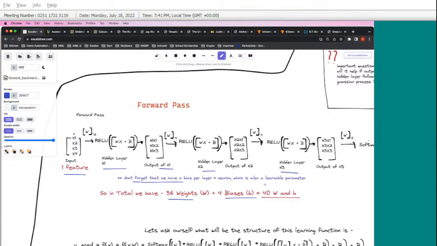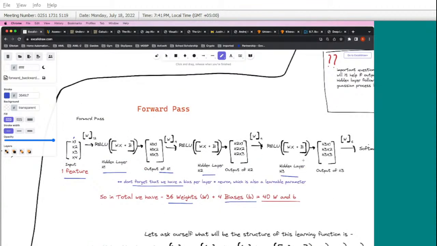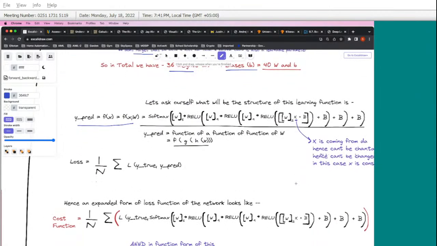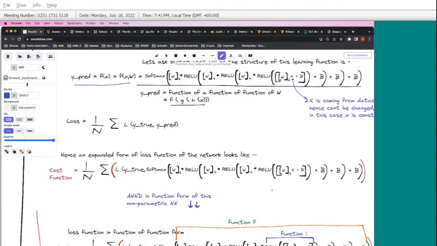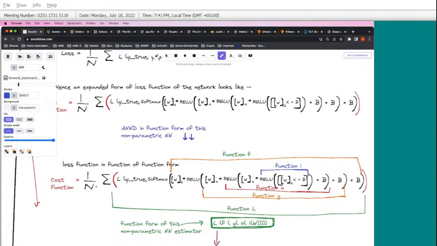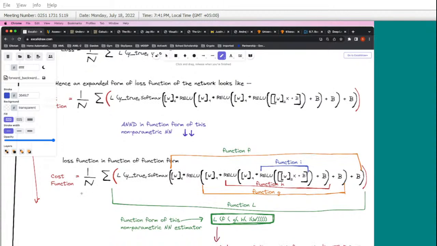We will reevaluate some of the things here. But there are some weights and biases, okay? Let's look at them. However, are we with it till now? So my cost function looks something like this, and if I look at it from a parametric point of view, I was able to find out that